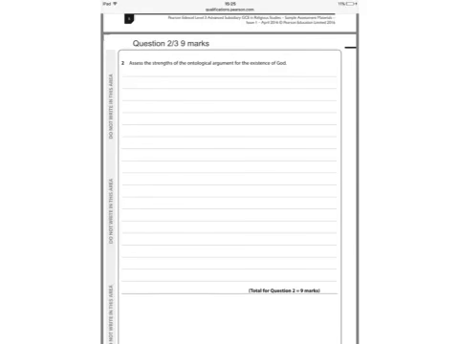Okay, this is a brief run through of how to answer a question 2 or 3 9-mark question on the Edexcel RS philosophy paper. The style that I'm recommending can of course be used for your religion paper and your ethics paper as well. That this answer is weighted with 3 marks AO1 and 6 marks AO2, which means that 3 marks